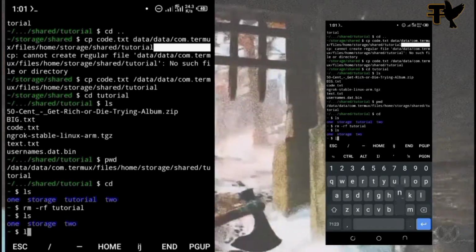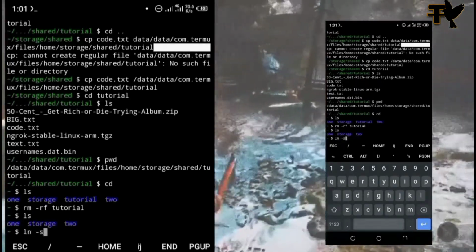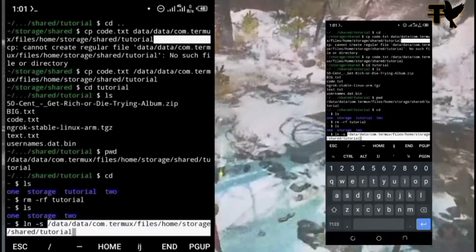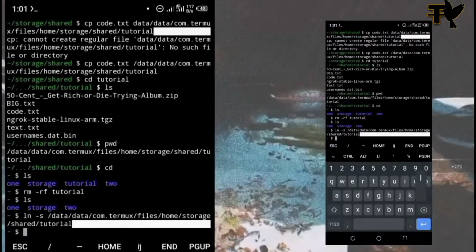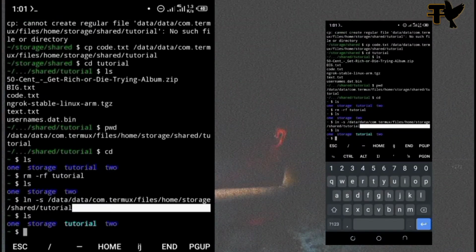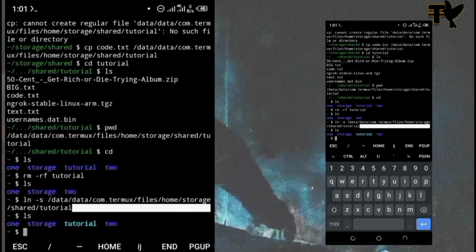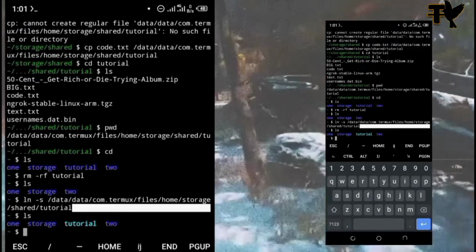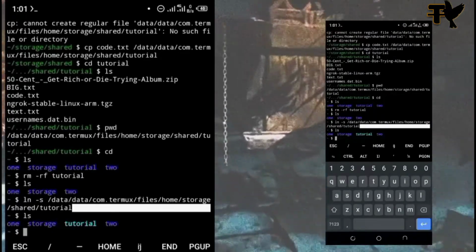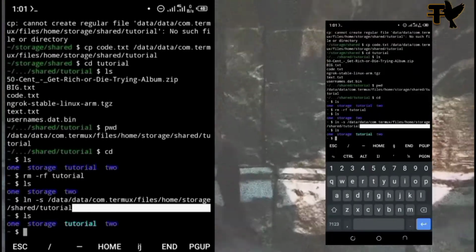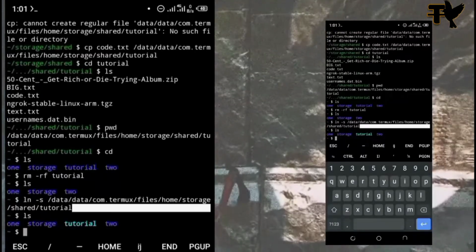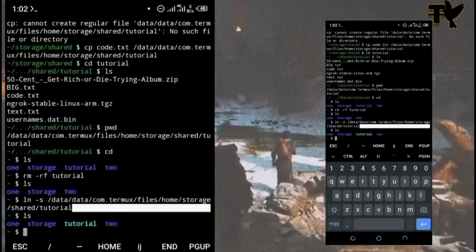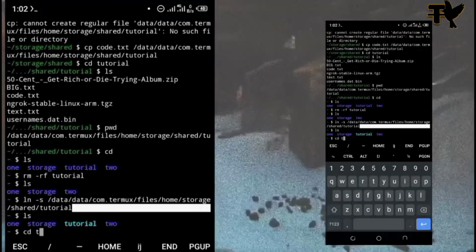So to do this, I'm going to type the command ln -s and the working directory of this tutorial folder. So this is it, and I'm going to click on enter. And if I type the ls command again, as you can see, we now have our tutorial directory here. Alright, so the next thing we're going to be looking at is the mv command. Like I said earlier, the mv command is used to move a folder or a directory to another directory. Alright, so let me cd into tutorial